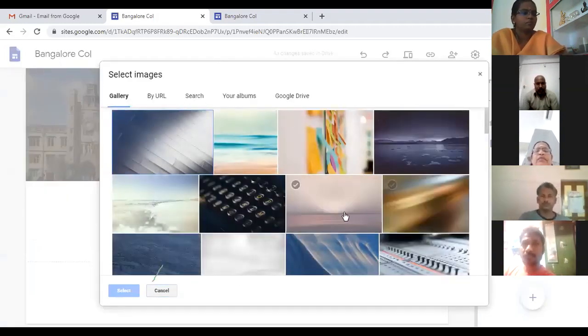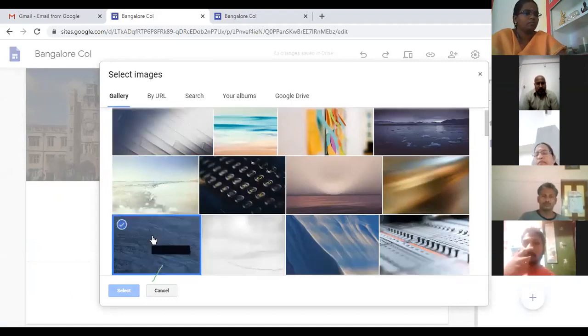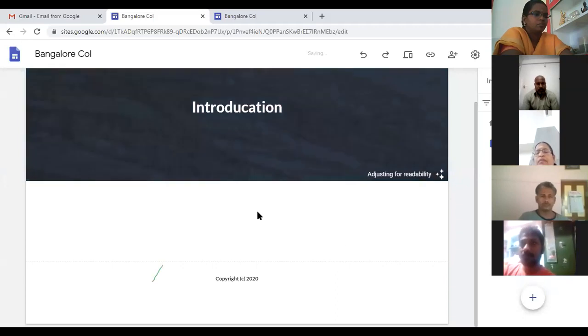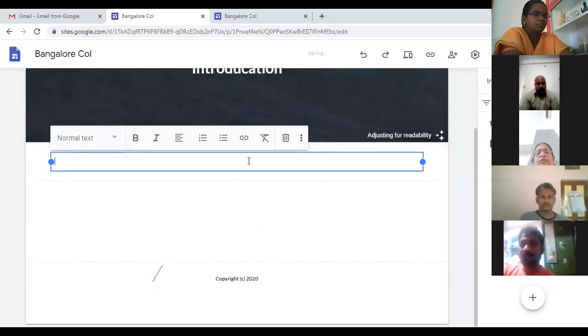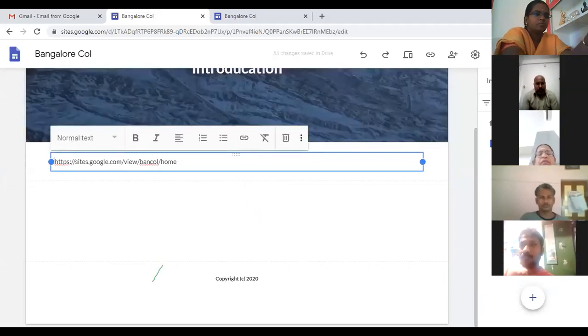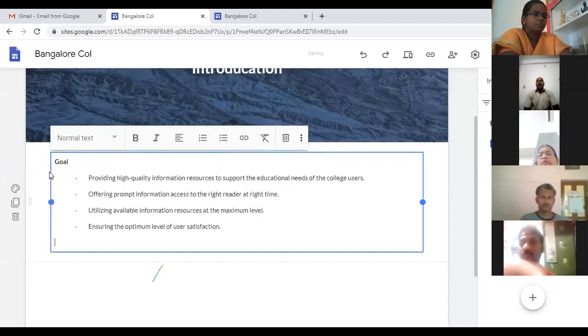I will take it from the gallery. So now you have the introduction page. Same way, click on text, you can copy whatever you want to give. This is my introduction or goal, whatever.